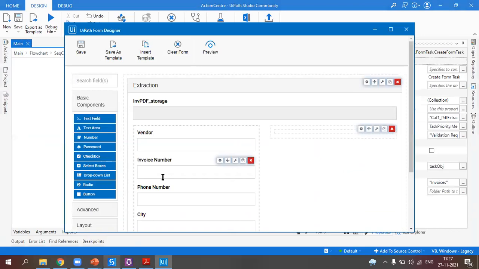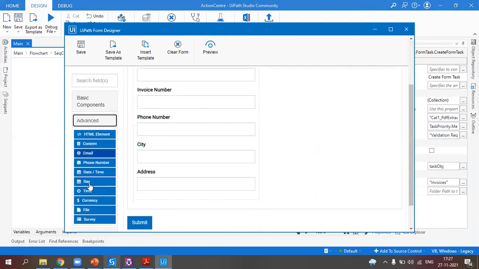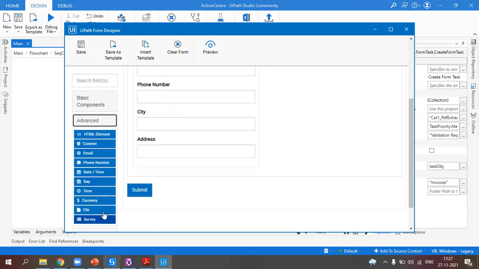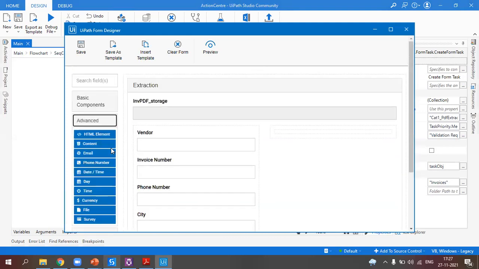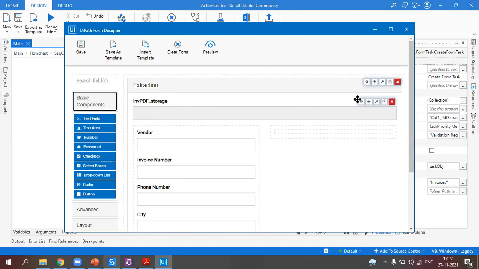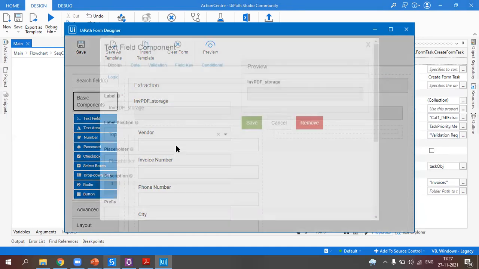As we discussed in the presentation, there are multiple components inside the form. Firstly, the form components. All these are form components, like basic components and advanced ones, such as an HTML element. And next, customizing the form components. Once you click on the settings of a particular component, you can customize it.